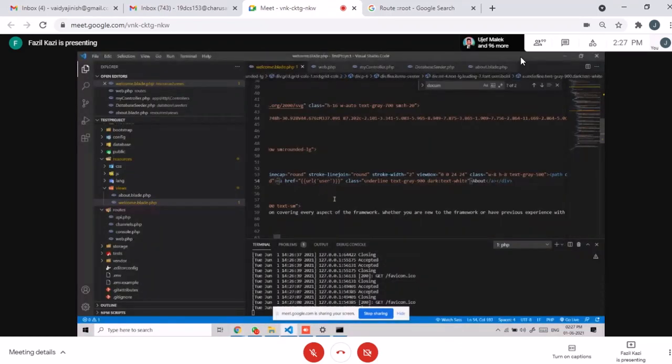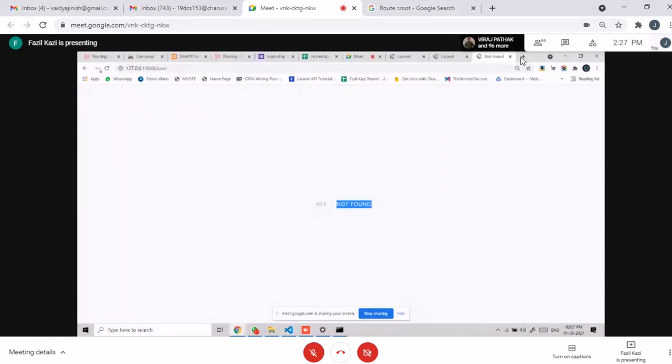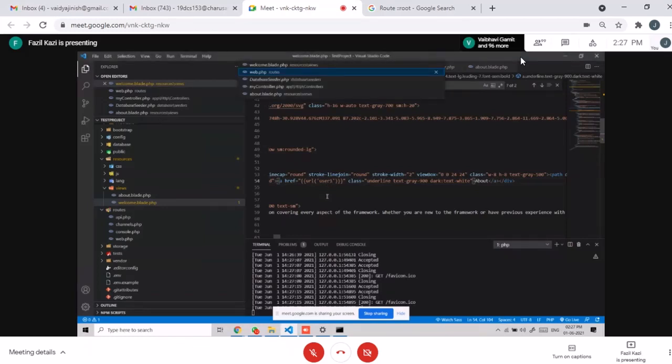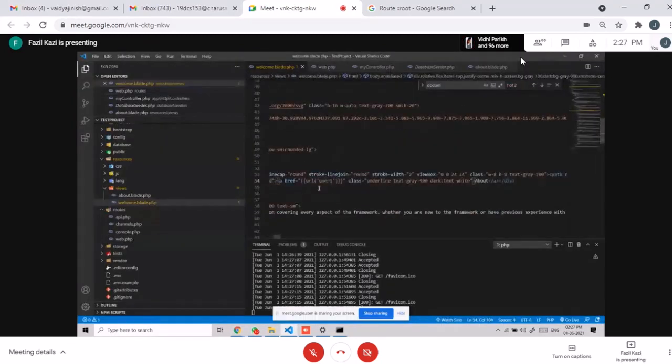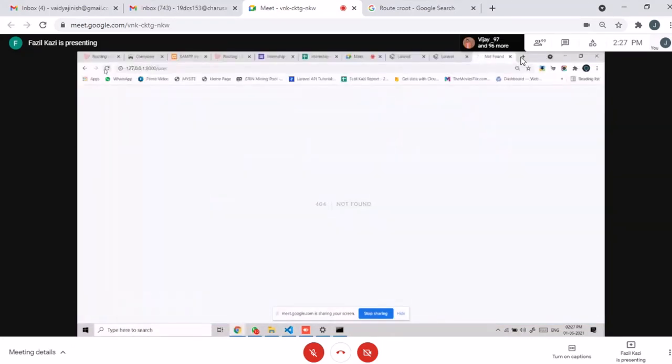But whenever I give the URL user1, it works. Now I'm getting the same view by a different name. So you can call it by URL as well as by the route name.